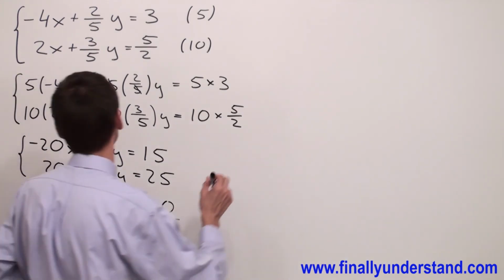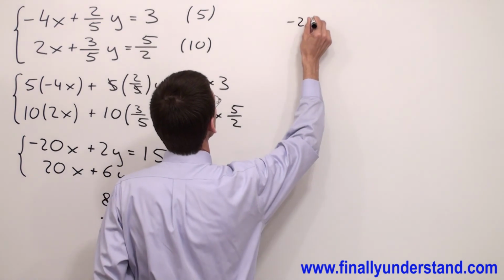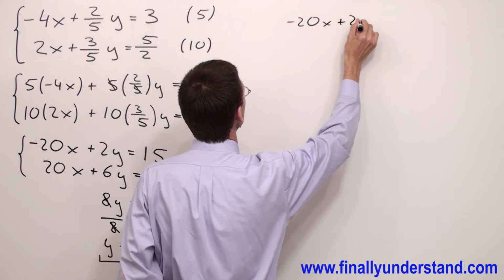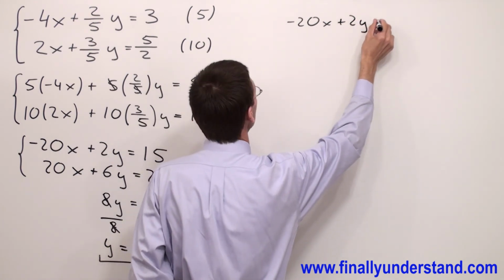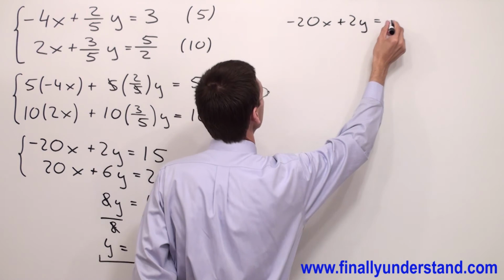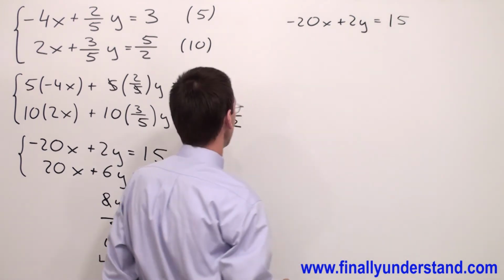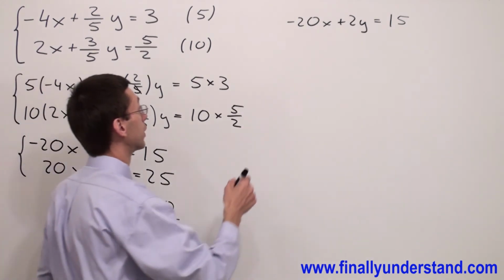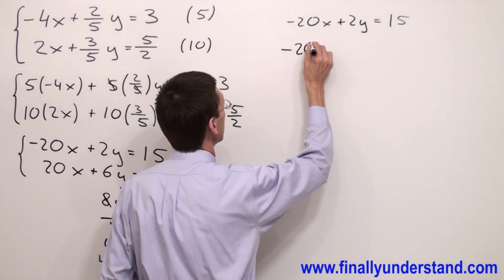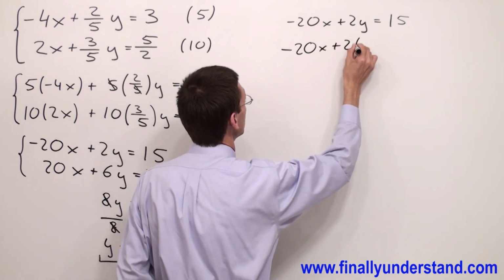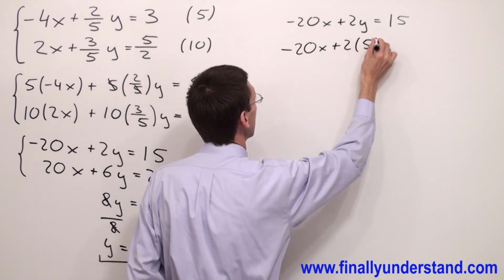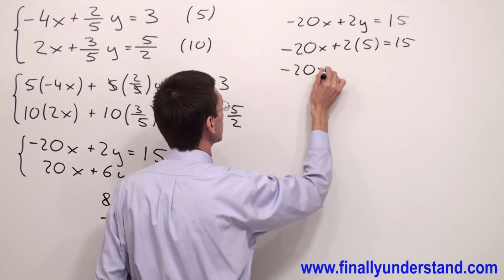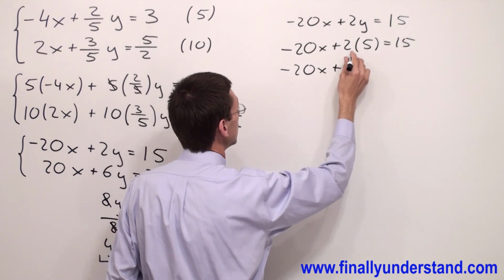So I'm going to copy this down over here. Minus 20x plus 2y is equal to 15. The y we found is equal to 5. So instead of y, I'm going to write 5. I have minus 20x plus 2 times 5 is equal to 15. Minus 20x plus 10